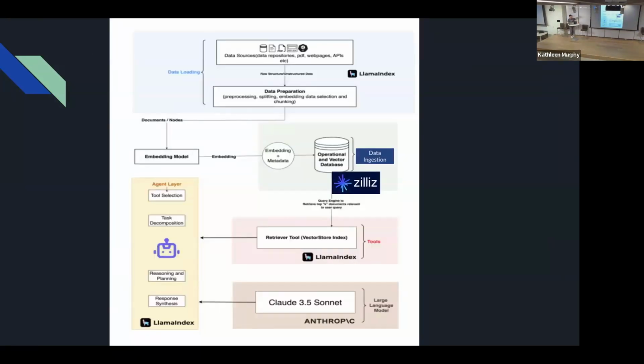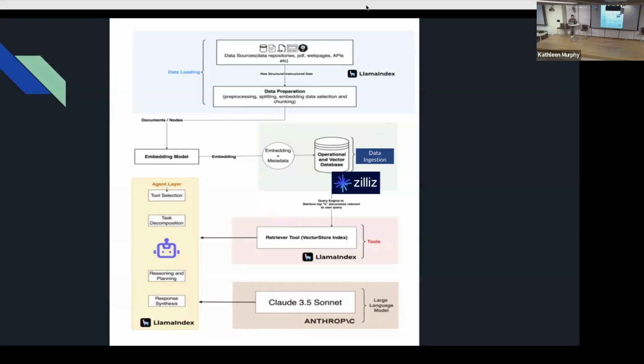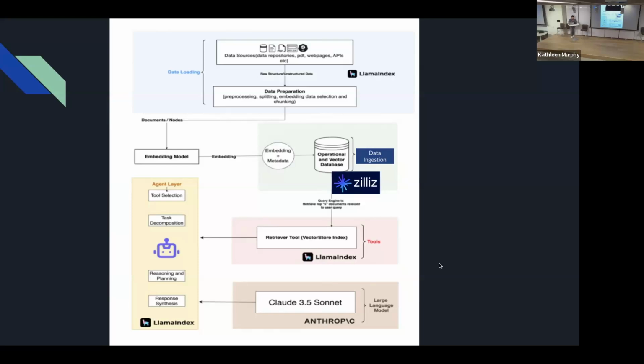And bring everything together. It's like this. You have the data loading, and you have an embedding model, and you embed the text, which is the Airbnb listing, and put it into the vector database. And you use LlamaIndex to build the retrieval tool, and also use it to generate an agent layer to create an agentic RAG. And also you embed it with Claude 3.5 as the large language model capability, and then you're going to have a final result. So let me see. I have a final result to share with you.